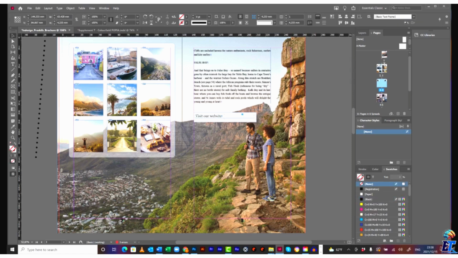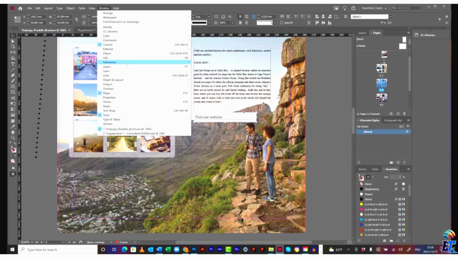Select it with the black arrow and group them together. Remember my group function, Object, Group. Now we want to convert this into a button, and when clicked it will of course jump to a website. So I'll introduce you to the full interactive menu in chapter 3, but for now we're just going to look